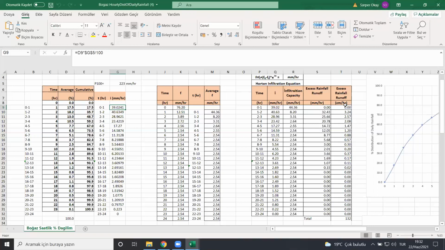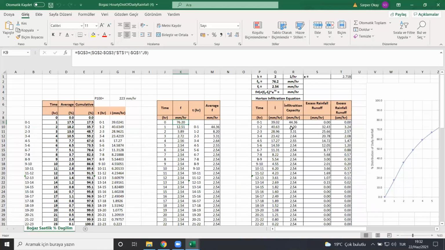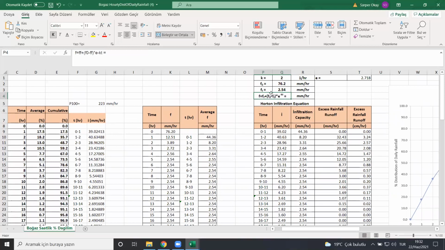To calculate your excess rainfall, you need to find your infiltration rates for these same time gaps. Then you will subtract your infiltration rates from your intensities, and you will get the excess rainfall. So how will we calculate these infiltration rates? If you remember, you need to use the Horton method. This was the Horton infiltration equation. What is it? Ff plus f0 times,